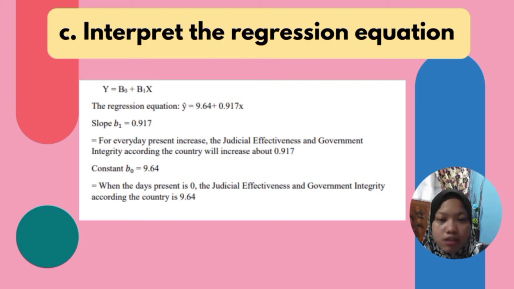So for every percent increase in judicial effectiveness, government integrity according to country will increase by about 0.917. The constant b0 equals 9.64. When the judicial effectiveness is 0, the government integrity according to the country is